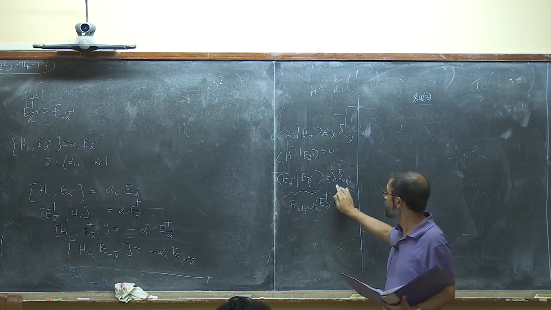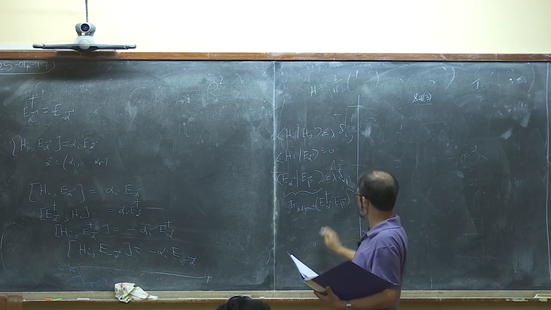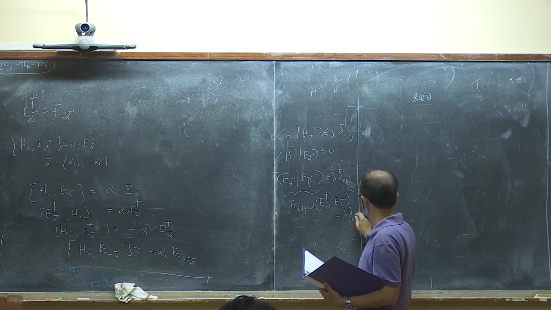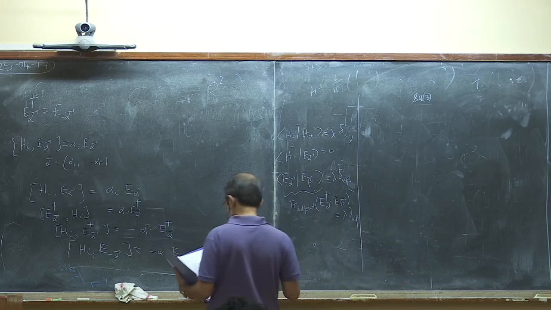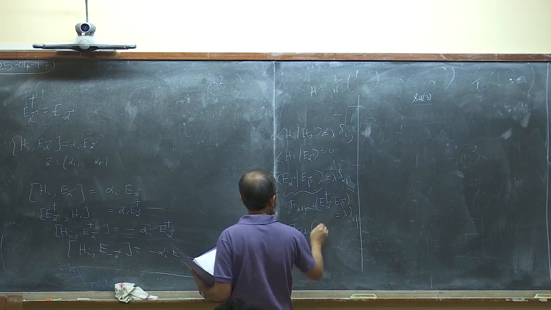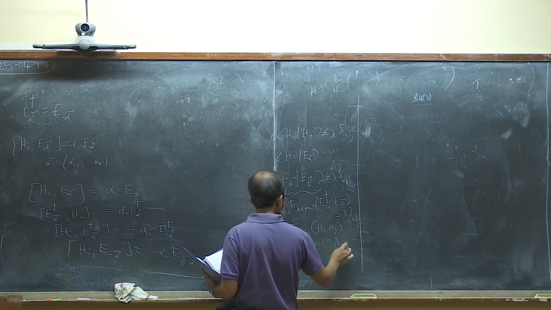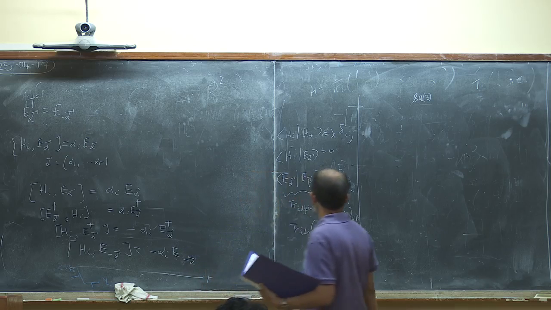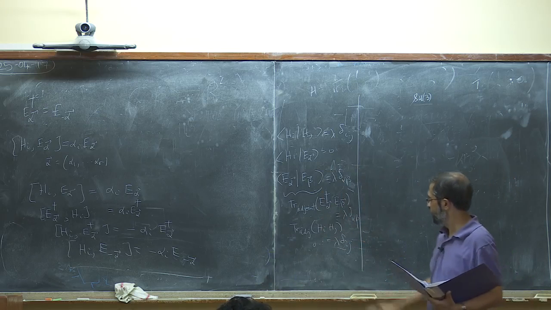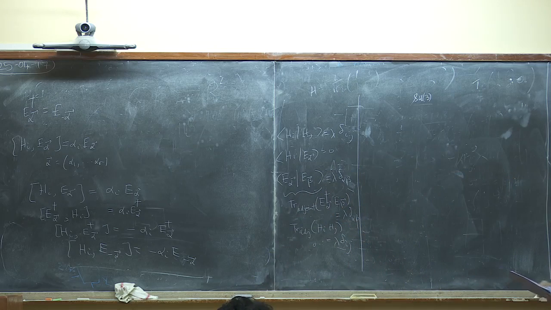But the main point is that the trace in the adjoint representation of this has to be lambda delta alpha beta, and the trace in the adjoint representation of HI, Hj is also lambda delta ij. And of course HI with E alpha, E beta is equal to 0, because the norm has to be